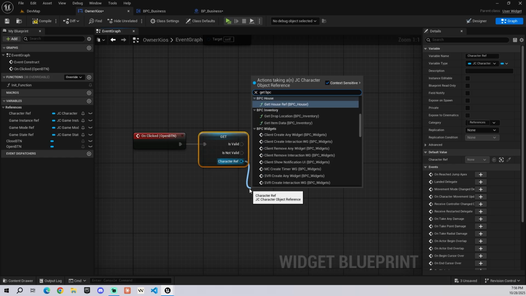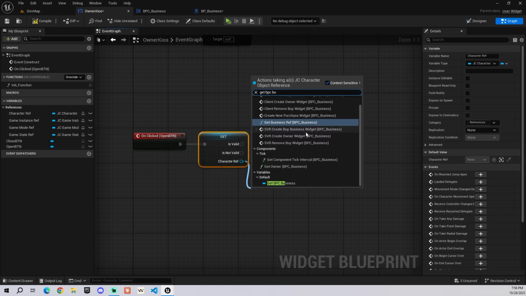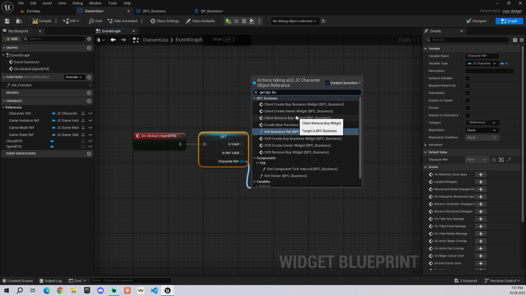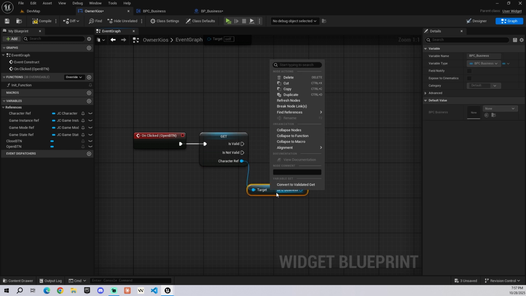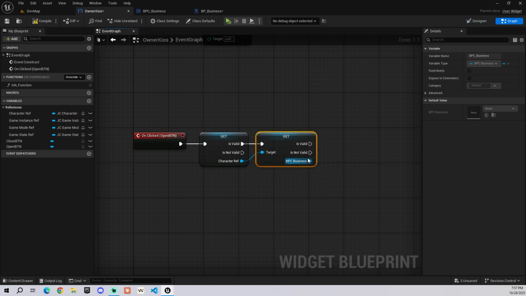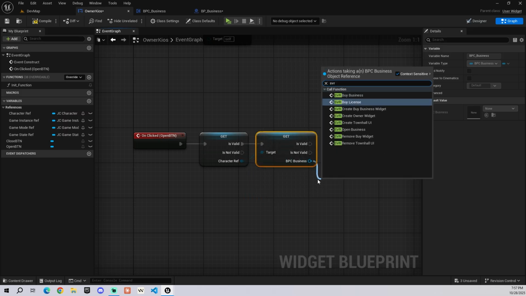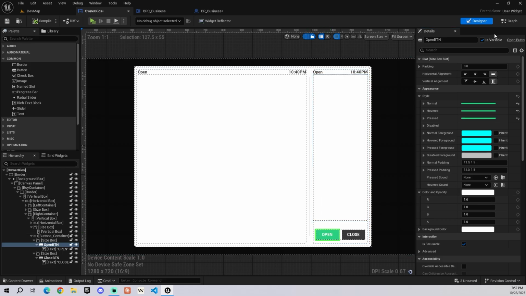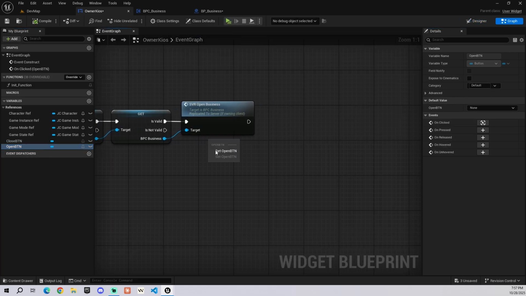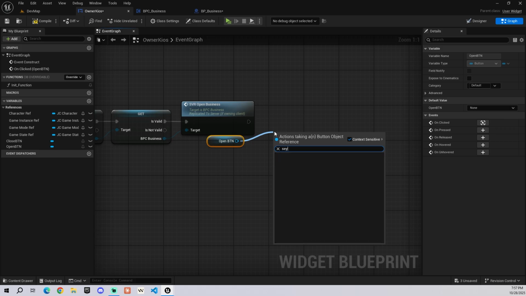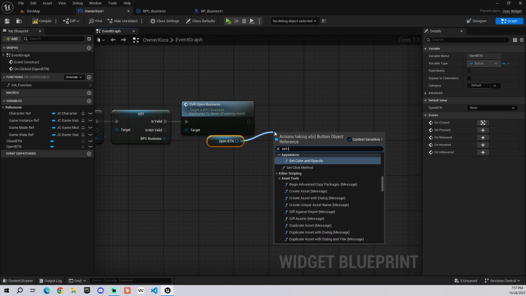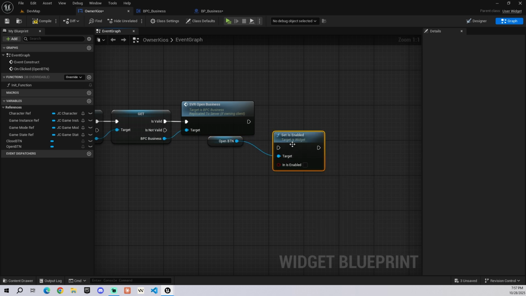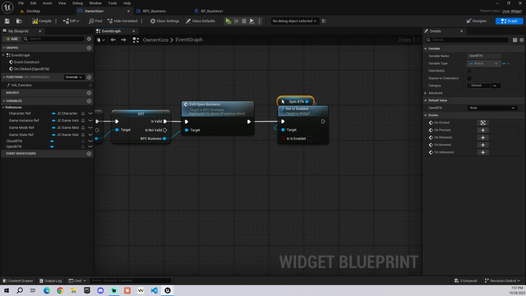Get PPC business. And where is it? Server. I guess I can just server open business. So what we can do when we open the business, right? This button we need to disable it because the business is open. Set is enable to false, and then